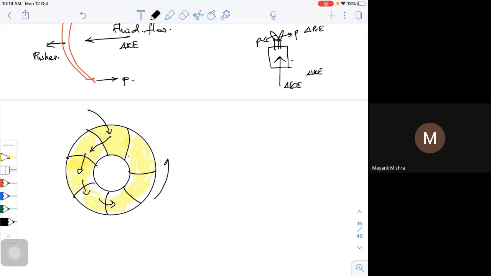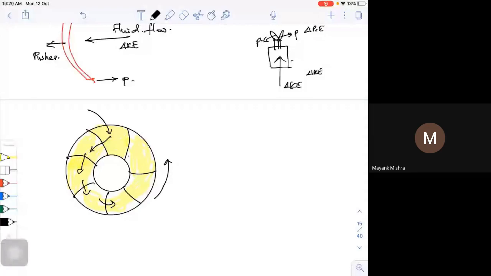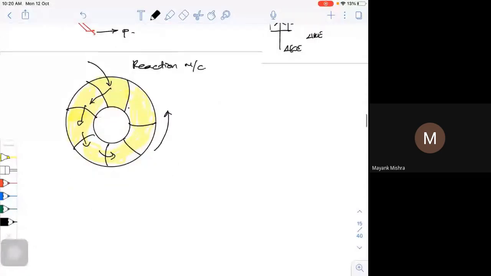So overall, the turbine starts rotating. That means there is a little bit of pressure energy change because of the filling of the fluid between the blades or vanes, and at the same time it has some momentum in the form of kinetic energy, and because of that it gives a thrust to the blades to rotate. So there is a little momentum given due to pressure energy change, and momentum given because of the kinetic energy change. This is called a reaction machine.